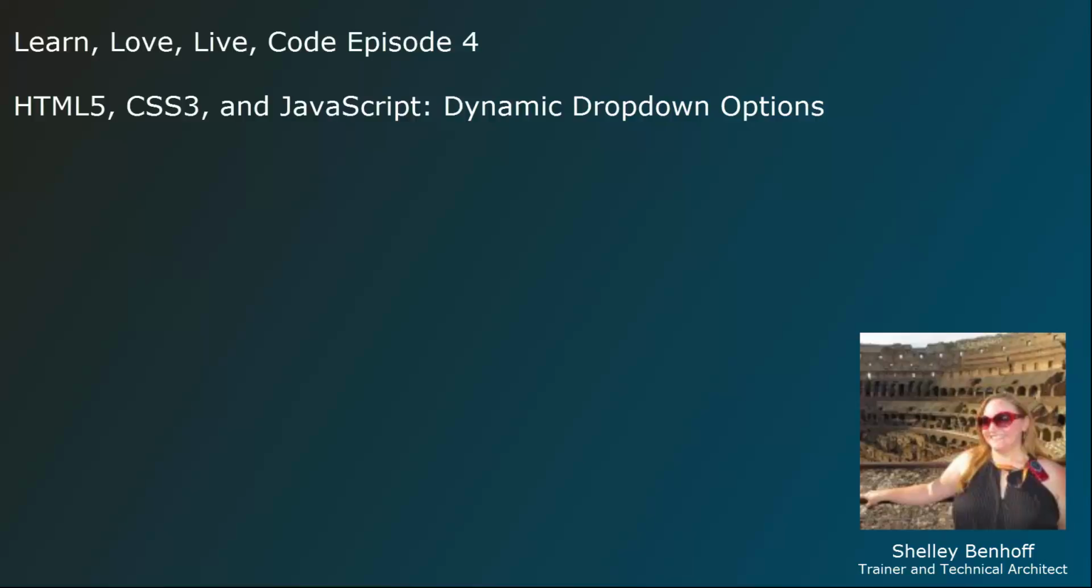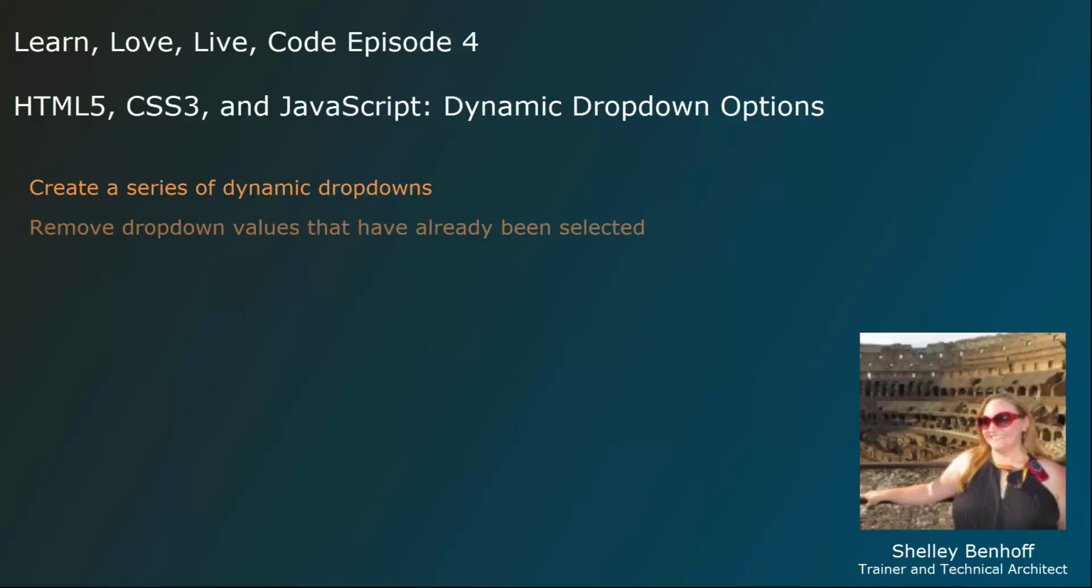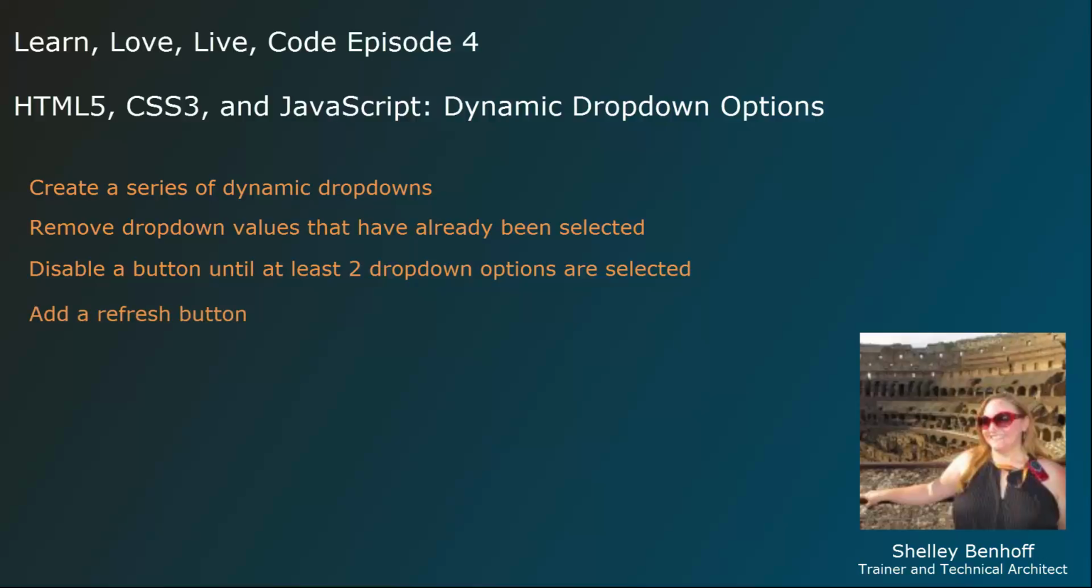This week, I will walk you through updating a series of dropdowns, removing values that have already been selected, disabling a button until at least 2 options are selected, and adding a refresh button. The code for the static web page we will begin with in this lesson is the code we ended with